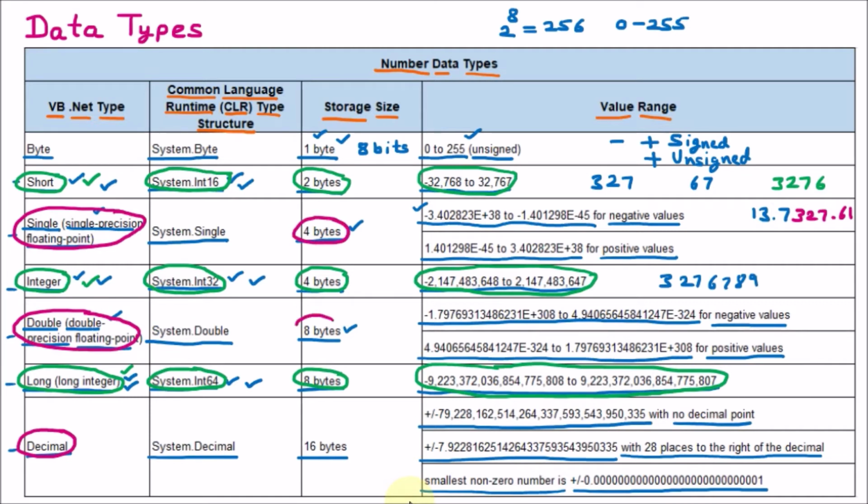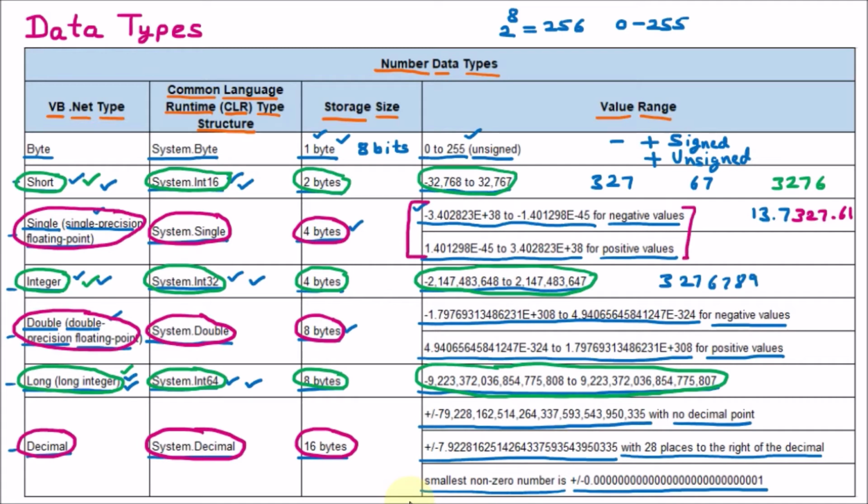They again increase with their sizes, because single is 4 byte, double is 8 byte, and decimal is 16 byte. And here is how they are classified in the CLR: System.Single, System.Double, and System.Decimal. So this is where they are defined, and even if the bytes are more, their range will be different. You can see that these are the ranges which are provided.